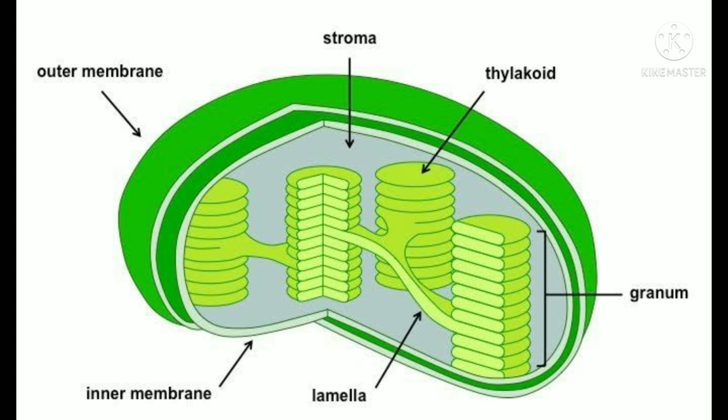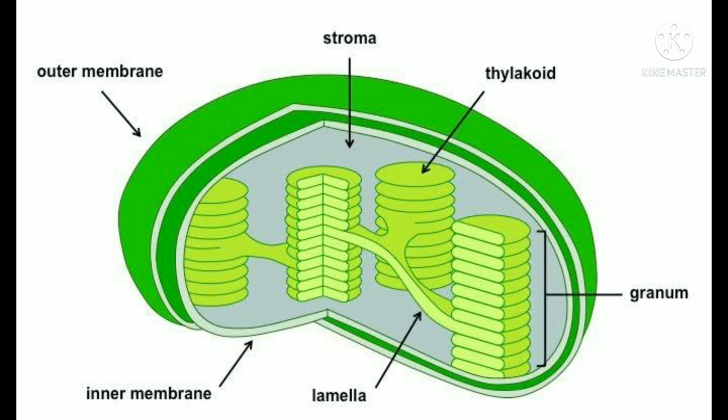Now my dear students, let us learn the structure of chloroplast. So what is chloroplast? It is the site for photosynthesis. Chloroplasts are the sites of photosynthesis, and you know that they are contained in the mesophyll cells of leaves, and they are also found in the guard cells of stomata and in the epidermis of young green stems. Now let us know the structure of chloroplast. Let us see from this diagram that it is a double membrane structure. As you can see, there is an outer membrane and inner membrane.